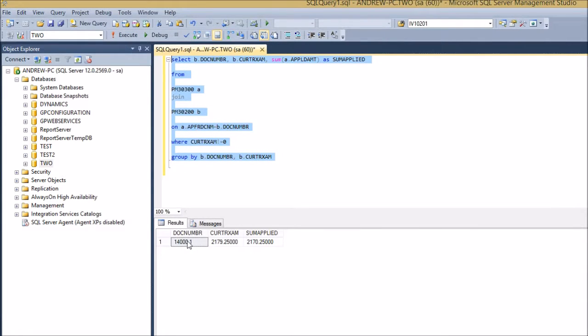And we got one document where current transaction amount is not 0, and summary applied seems to be applied to this document. So this is the candidate for data repair, and I think what we need to do, we need to make this current transaction amount to be 0. This is probably not your case, but this is the example how you find the table, how you identify the record that is corrupt, and how you repair.